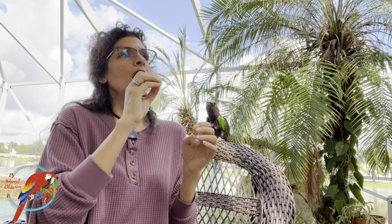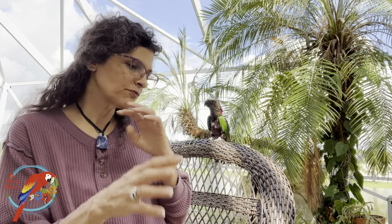Your second group is going to be, like I was saying, I'm just restating, your quote-unquote smaller parrots, the Australian small, smaller parrots that are smaller than her: lovebirds, budgies, even some of my smaller conures. The smaller conures are going to need some of those seeds too, but find out what kind of seeds are best. And with them, especially the New World parrots, like my conures, they're only going to have access to those seeds seasonally, which means that